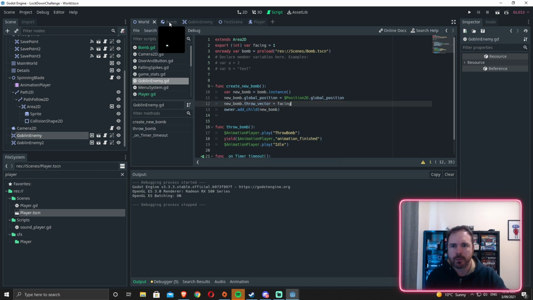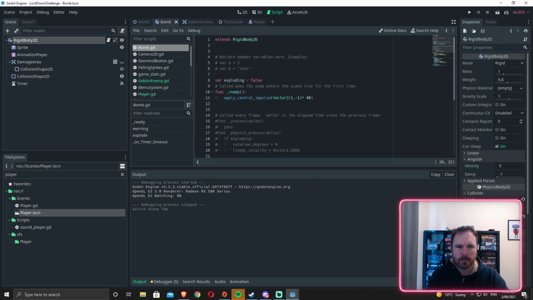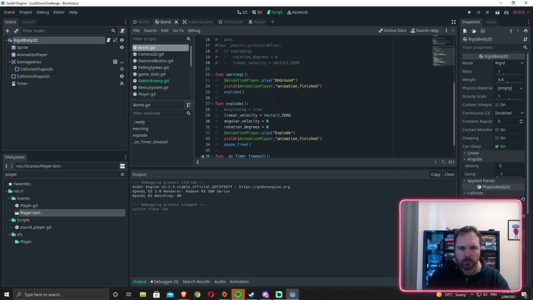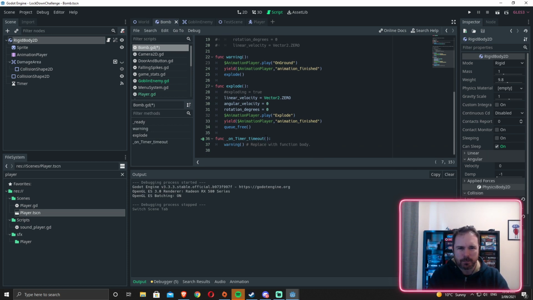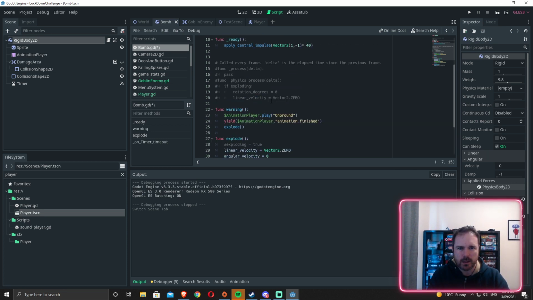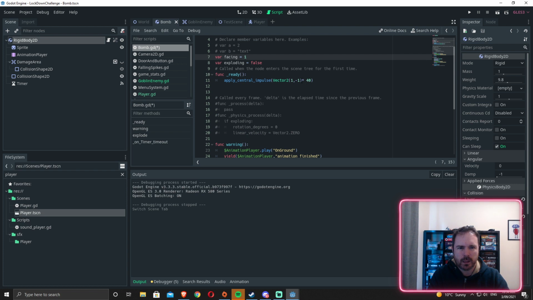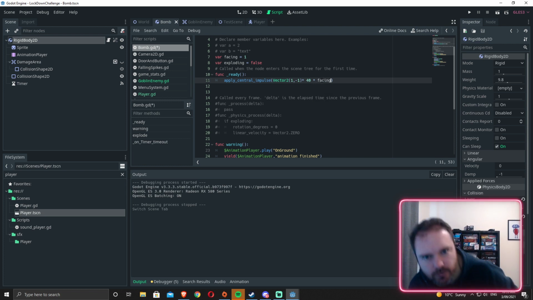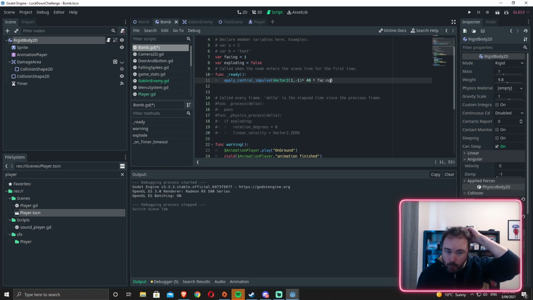And then if I open up the bomb script at the top here, I'll just go var facing equals 1, and we'll be able to change that. And then this bit where it gets here, find that, multiplied by facing. Okay, so now if I set facing to -1, he will throw it to the left, or